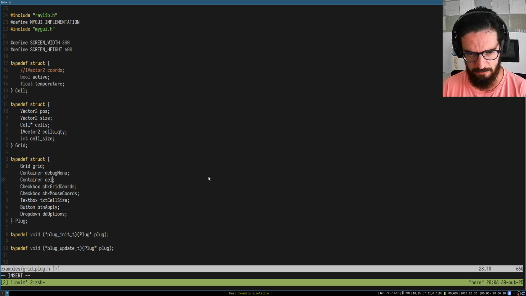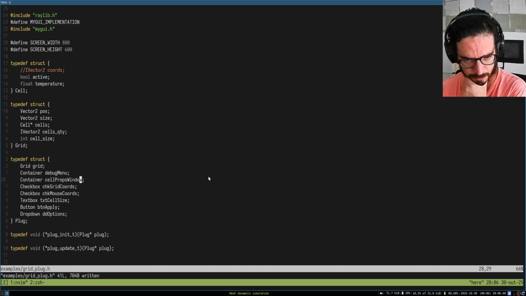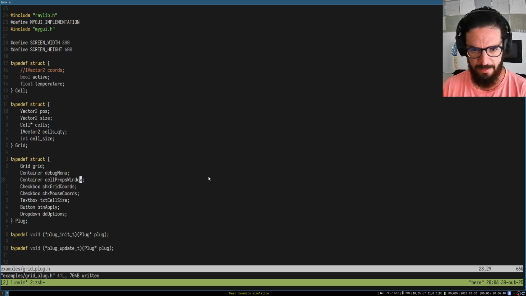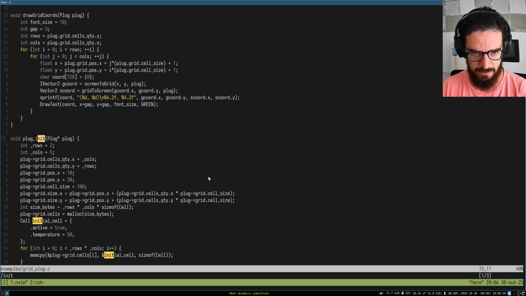Cell menu or properties, props window, cell props window. Yes, window. Let's be specific. Cell props window. Then we can go back to the implementation, and on the init plug,